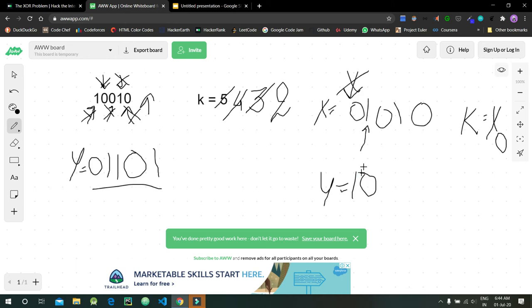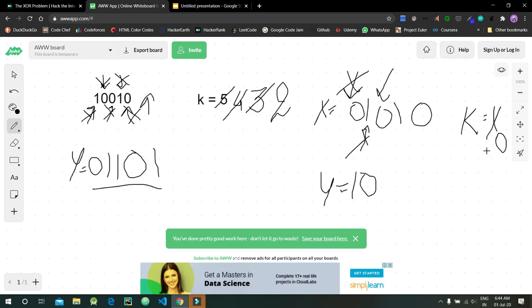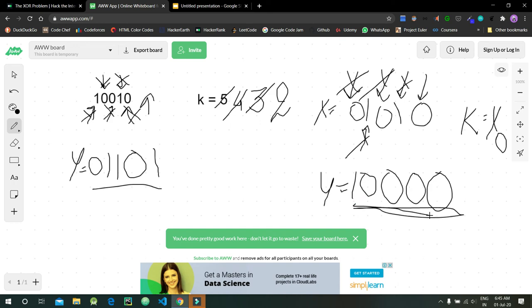So we'll add 0. Now move our pointer here. Now this value is 0. But now check the value of k. If k is greater than 0, then we can add 1. But here the value of k is 0. So we'll add 0 here. Move ahead. This value is 1. So again add 0. Move ahead. Check, this value is 0, and the value of k is also 0. So we'll add 0 here. So this is our answer for the second test case. I hope you have understood the logic, what we need to solve in this problem. Let's look at the code.